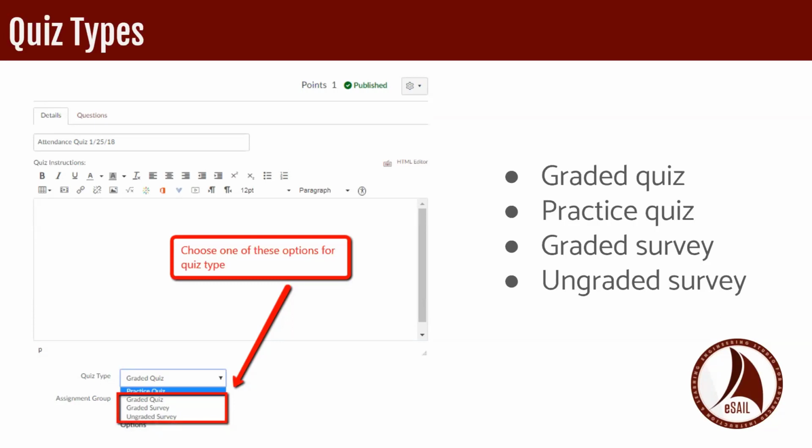And an ungraded survey is just a simple survey that allows you to get opinions and has no points or grade attached to it. So a graded survey doesn't allow the survey to be graded for right or wrong answers. It simply assigns points for completion. And surveys can be anonymous as well.